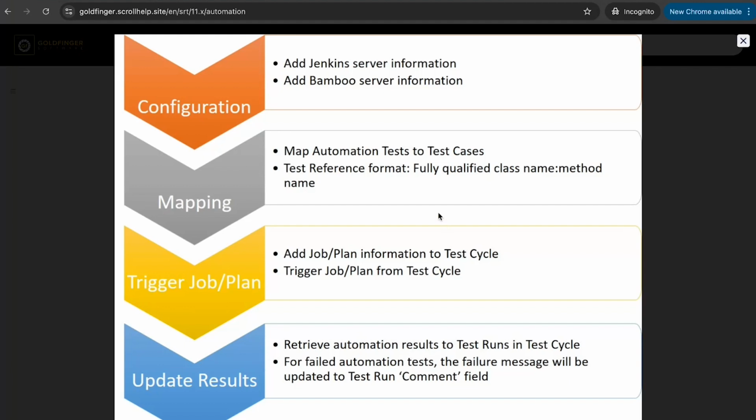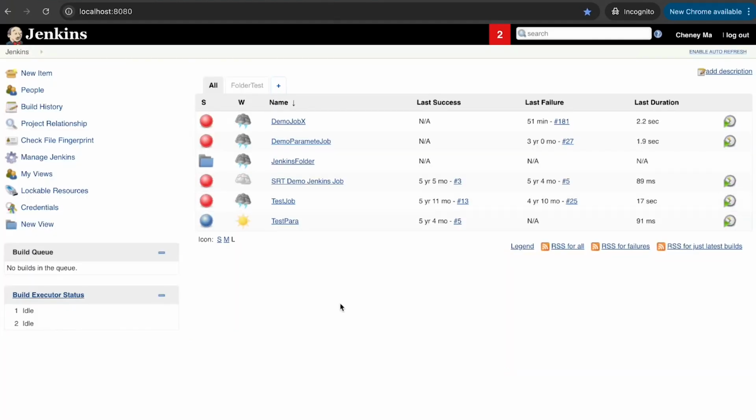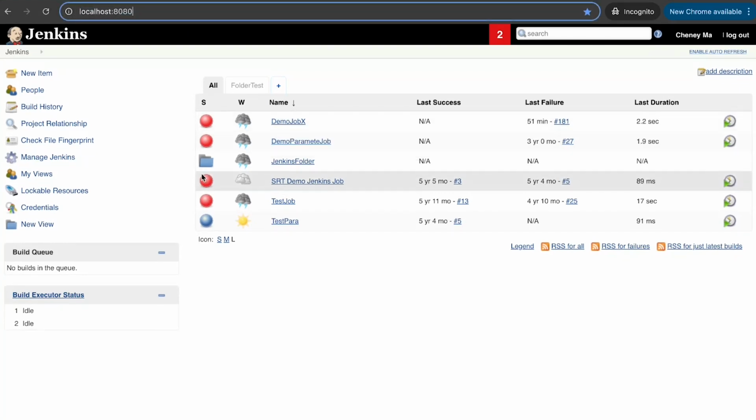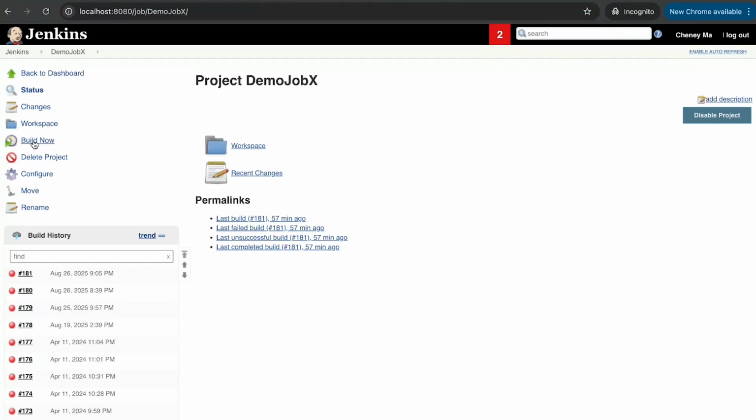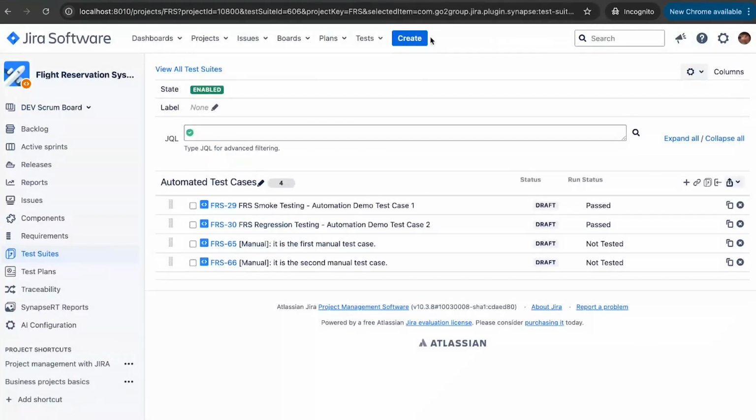First of all, let me show my Jenkins server here. You see this is my Jenkins server. I have some jobs there. Traditionally, if I want to trigger the job, I have to click on my job and then build. This is the traditional way. But inside TestRay, you can trigger directly from the test cycle. But before that, you need to configure